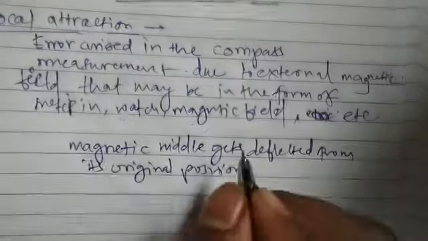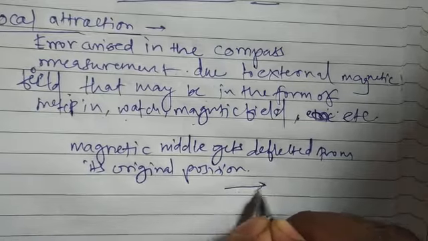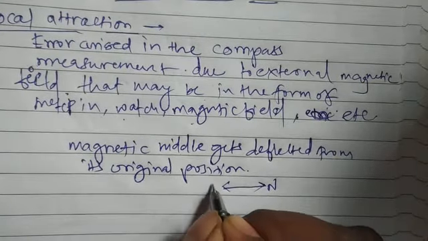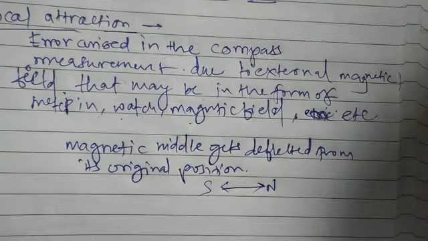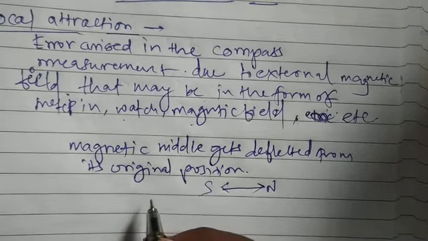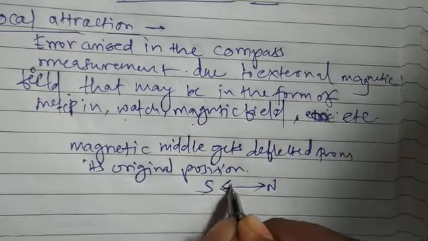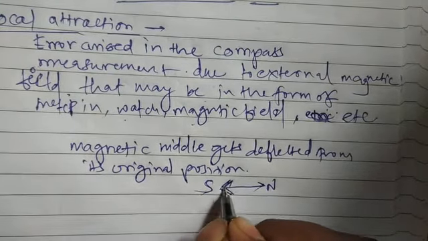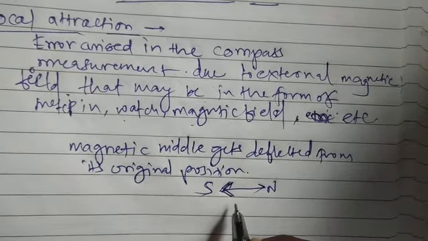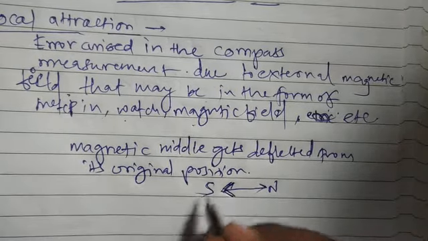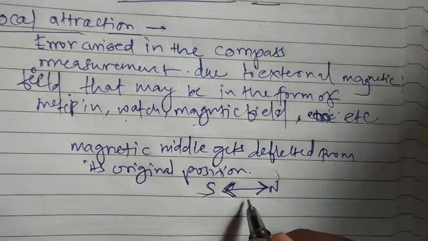We know that when we suspend the magnetic needle freely in space, it shows the north-south direction. But if any other magnet, magnetic field, metal or magnetic flux is brought into the magnetic field of this needle, then this magnetic needle